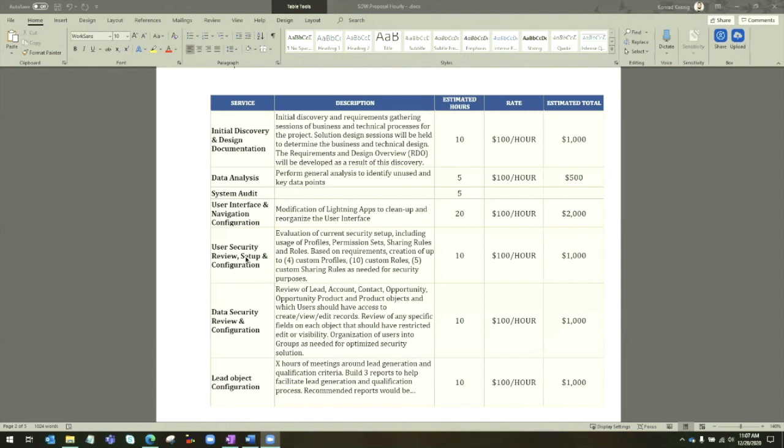What I would do is keep user security definitely its own bucket. User interface and navigation could definitely be considered part of the system audit. 20 hours is definitely overkill on this particular side. If you told me they had 10 different lightning layouts on every object, I could go for this. But if they only have one lightning layout and maybe 1 or 2 page layouts per object,